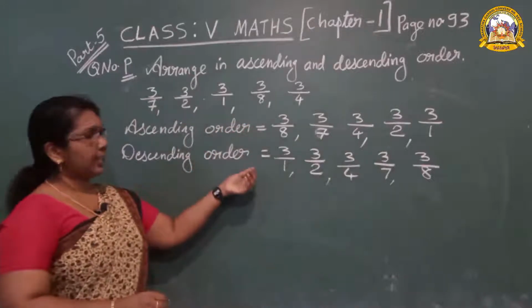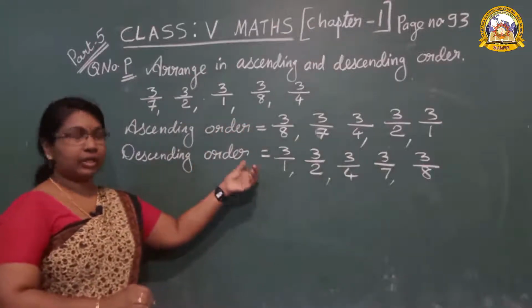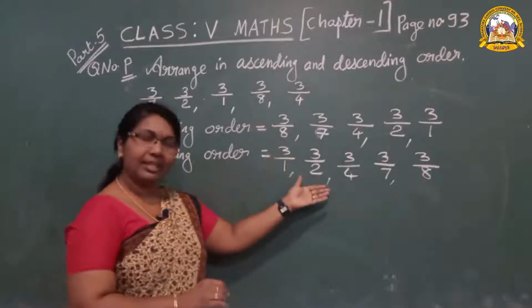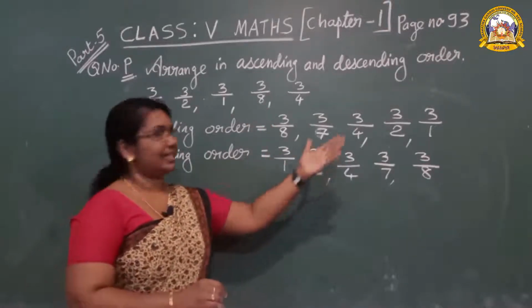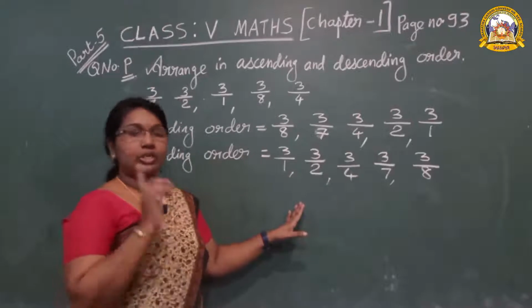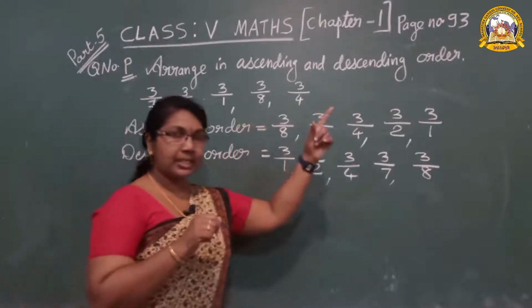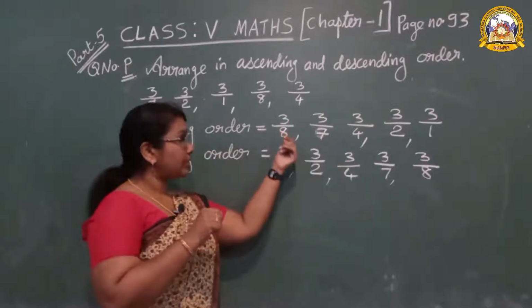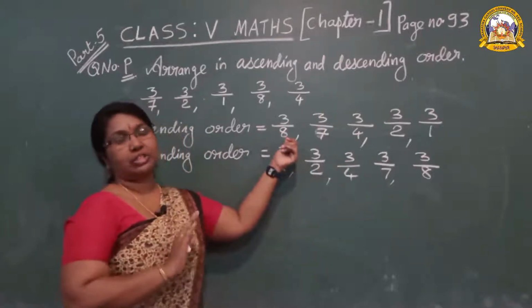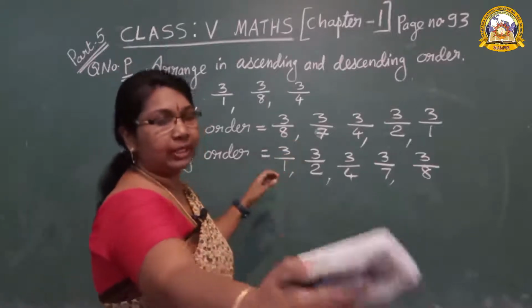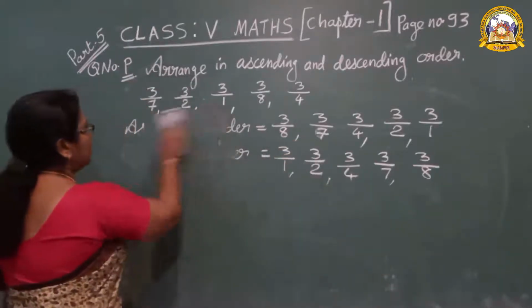Now we have written ascending and descending order. While we are writing in ascending order, it is easy to write in descending order. Yes, no? Just opposite you have to write. Once more, what is the rule in fractions? When the numerators are the same, the largest denominator is the smallest fraction. Understood? Okay, next we are going to write the next questions.